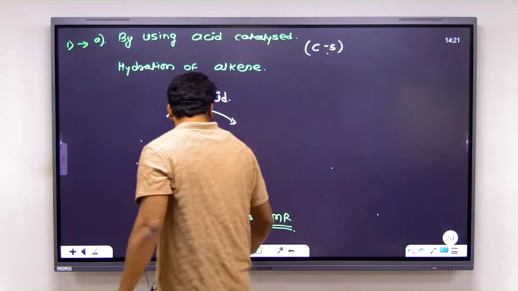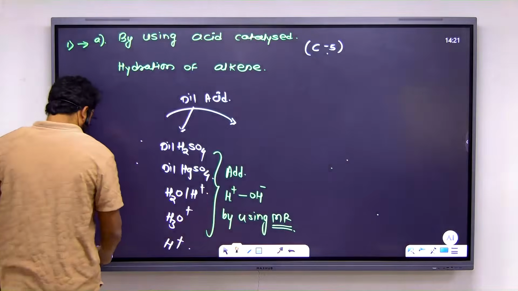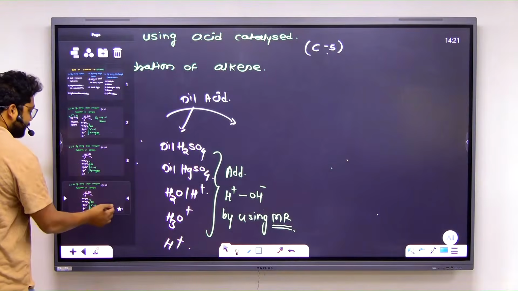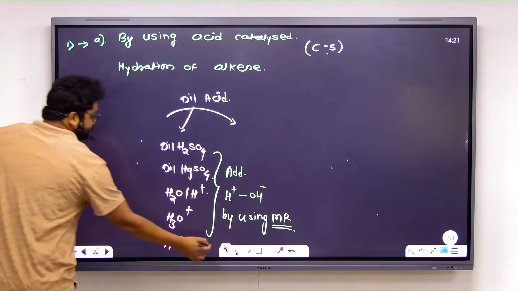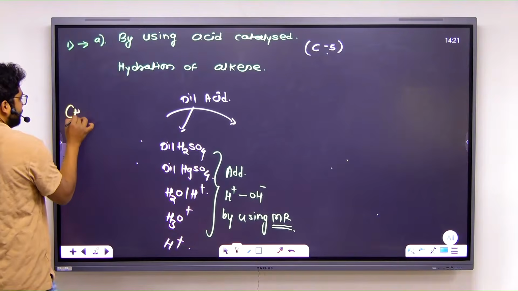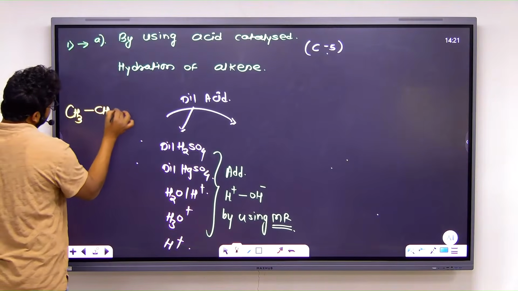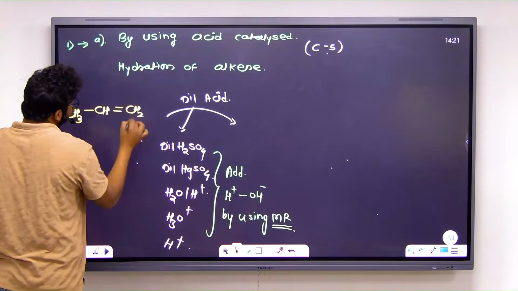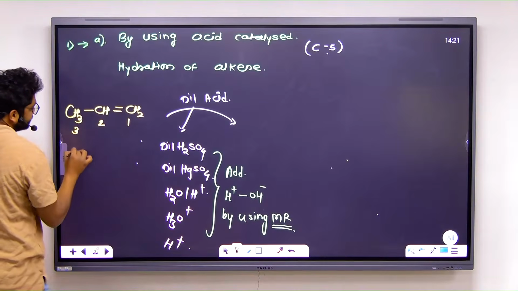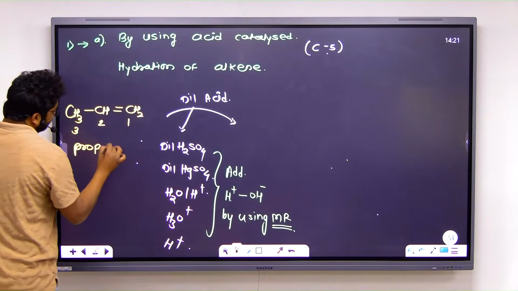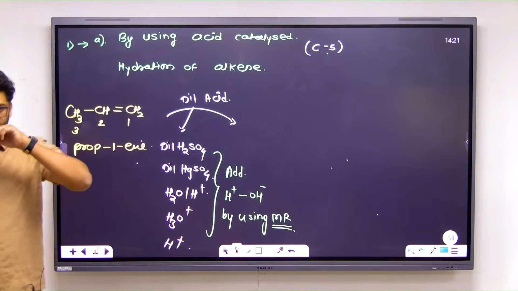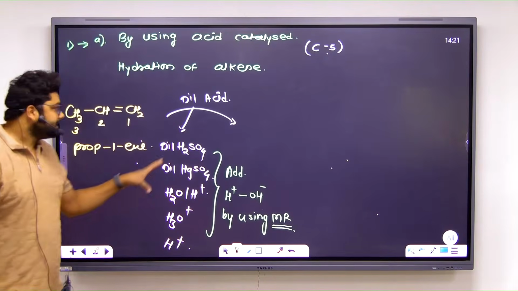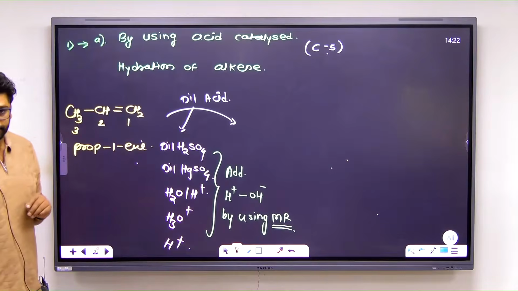वॉटरची ऍडिशन करण्यासाठी मी जो रिएजंट इथे वापरणार आहे, तो इम्पॉर्टंट असावा. जसं की माझ्याकडे सबस्ट्रेट वापरणार आहे तो इम्पॉर्टंट असावा. You can see here I have this is a prop 1 ene. This one is known as what? Prop 1 ene. कोण आहे हा? प्रोपीन सोबत हा डायल्यूट ऍसिड तुम्ही ऍड करणार तर मार्कोनिकोव्ह रूल